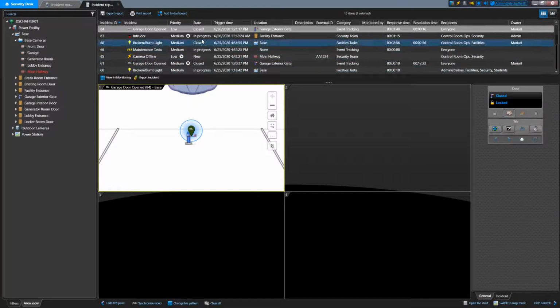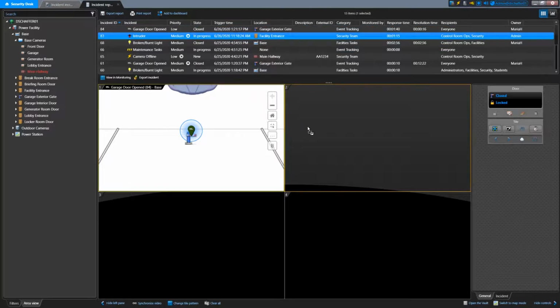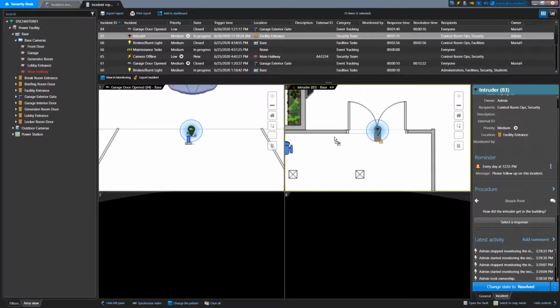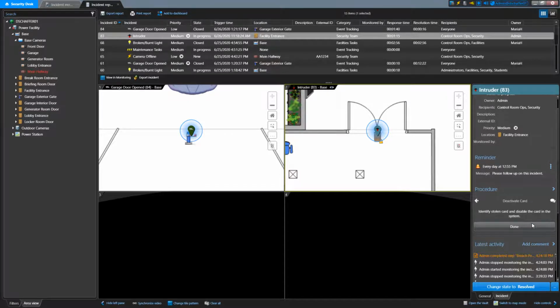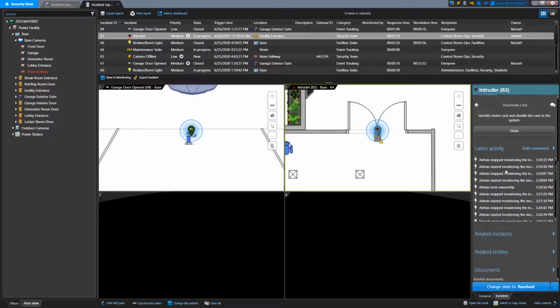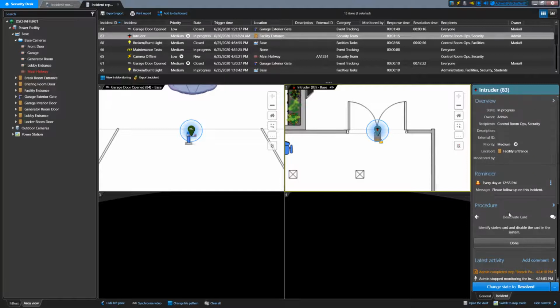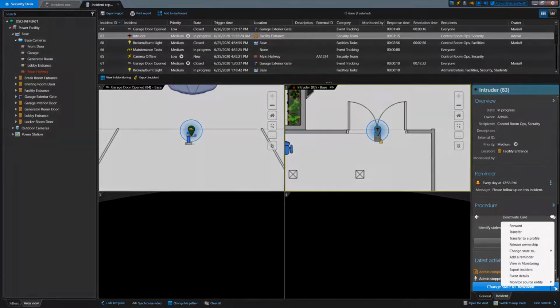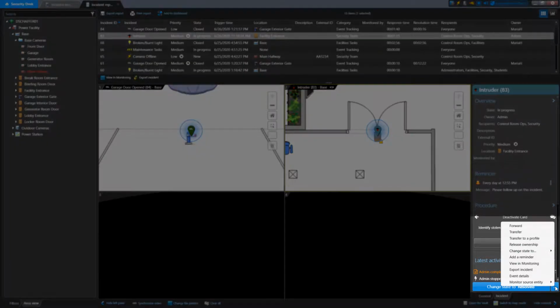Once you have your list of incidents generated on top, you can drag them down into the tiles. The tile that's highlighted will show the details of that incident in the Details pane, and you can still interact with this incident. For active incidents, which are ones that are not in the closed state, you can do pretty much everything you can from the Incident Monitoring task. If you want to use the menu to do things like changing the state or forwarding to another user, you'll have to use the menu at the bottom of the Details pane. The right-click menu on the pin or list is not enabled in the report task, but the regular map functions are still present for map objects.